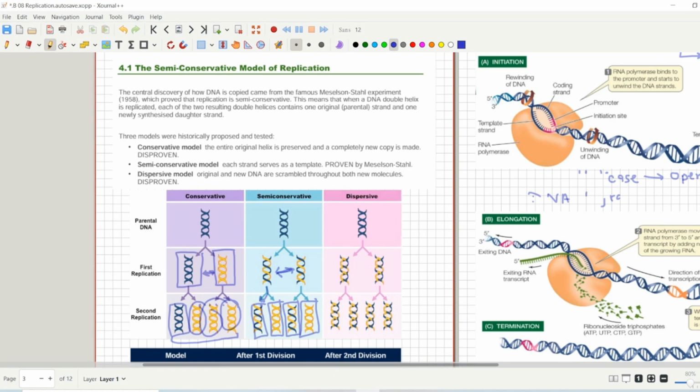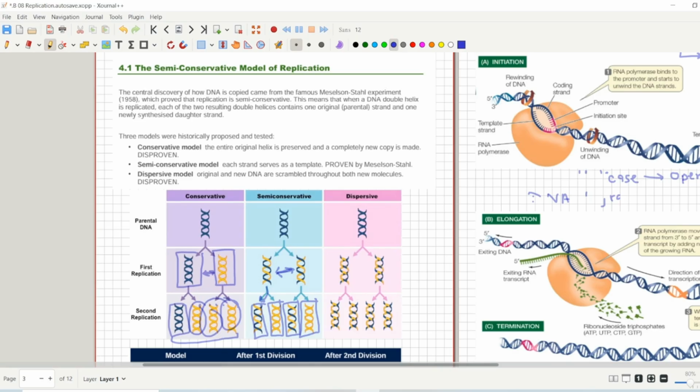I am saying these in color formations because students can memorize and retain data better in the form of colors. If you see colorful diagrams, colorful pencils and colorful writings, then memorizing these kinds of concepts would be really easy for you. So in the semi-conservative model, half of the parental DNA is conserved while half of it is